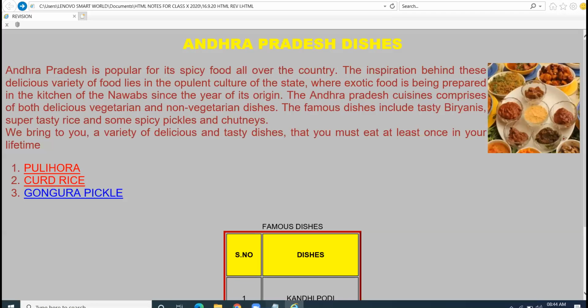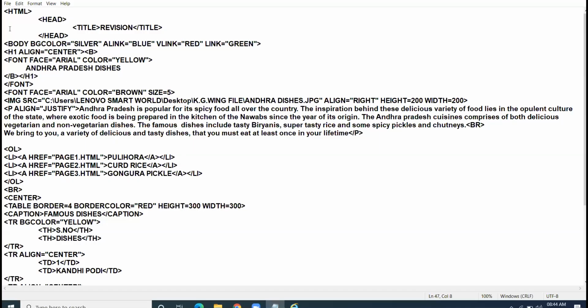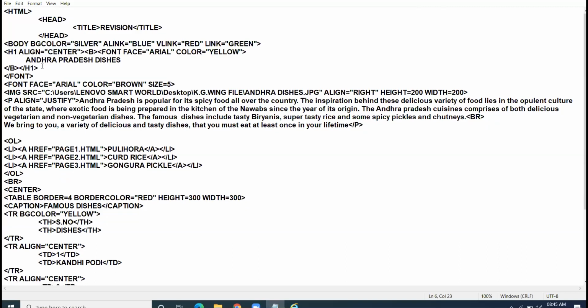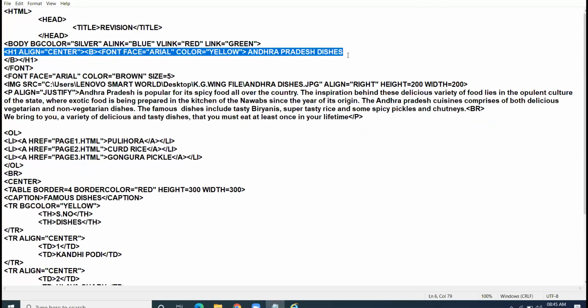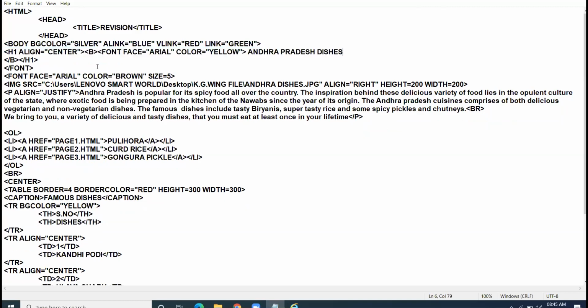Now I show you the coding once again. See the way I have written the coding. What you people do is write so many tags in one line. For example, here, if I write this H1 align B, you will take this font tag in the same line. Then you will take this title also in the same line. See the hodgepodge you have created. So much confusion you have created. Totally unreadable. Each and every tag must be clear to the examiner.